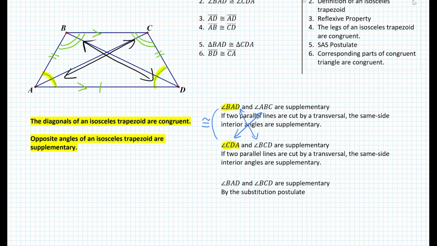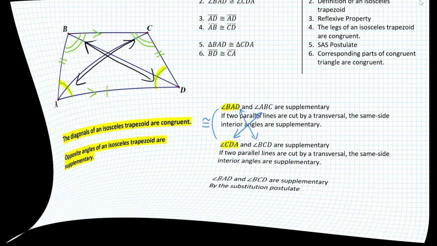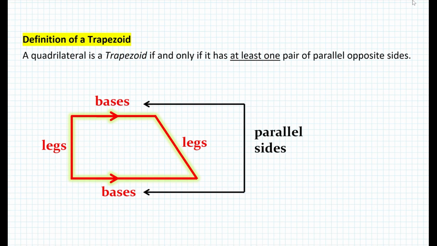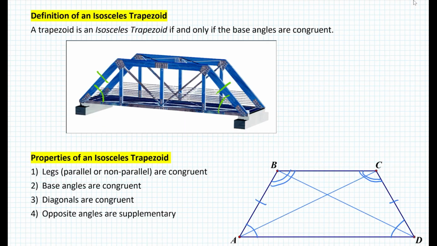Let's quickly summarize what we have learned in today's lesson. So again, in today's lesson, we learned about the definition of a trapezoid, where the most important part here is that we have at least one pair of parallel opposite sides. We also learned that trapezoids do not have any properties. Then we learned about the isosceles trapezoid, so we learned about the definition, and as a matter of fact, the isosceles